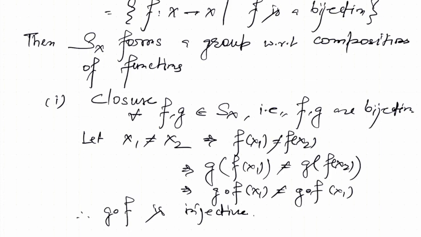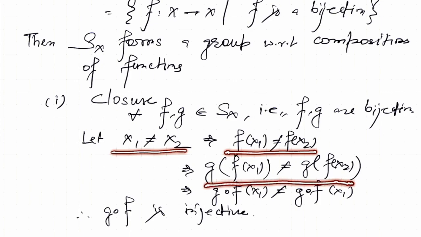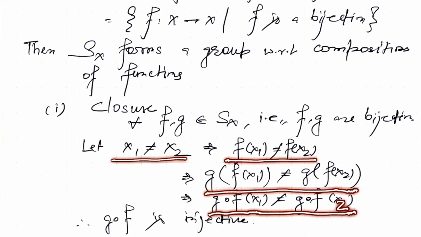And how is bijection proved? If x1 is not equal to x2, then their images are not equal. So x1 is not equal to x2, hence f(x1) is not equal to f(x2) because f is a bijection, and hence g(f(x1)) is not equal to g(f(x2)) because again g is a bijection. So (g∘f)(x1) is not equal to (g∘f)(x2), and